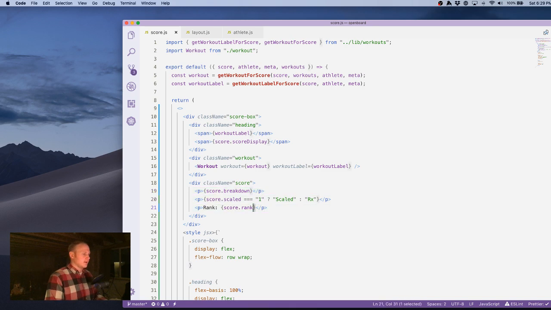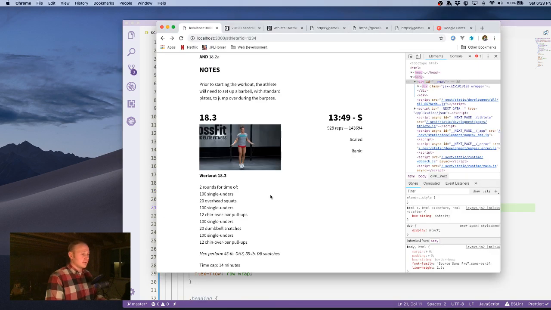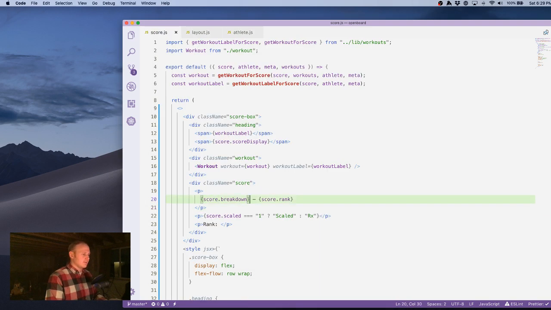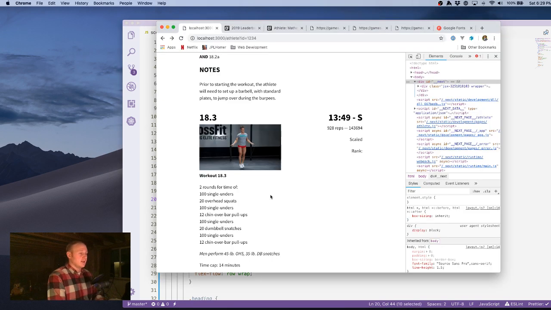Feel like the rank could be next to the breakdown. This needs to be treated so it has commas, and also what is that called at the end of a word when it's